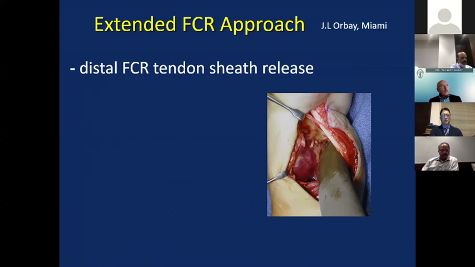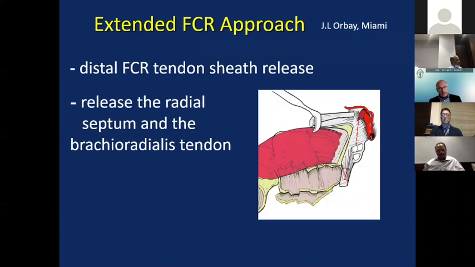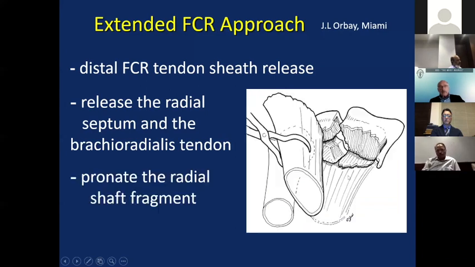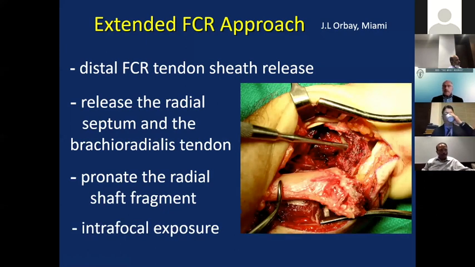First, you have to do a release of the distal sheath of the flexor carpi radialis tendon. Then we release the first dorsal compartment from the palmar side to mobilize those tendons from the bone, and also do a tenotomy of the brachioradialis tendon. You might need to pronate the shaft fragment out of the way to present the fractured area. And in that way, you can actually see all the fragments, volar and dorsal, and reduce them against the carpus,